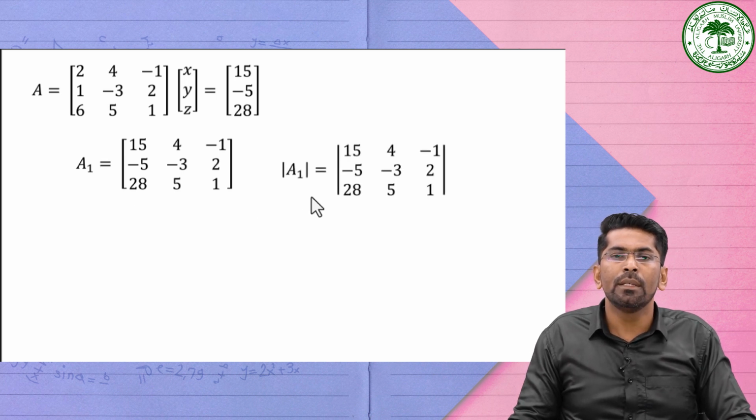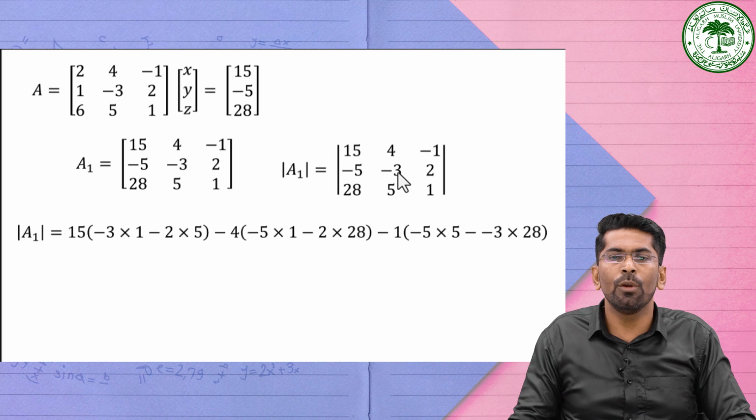So it will be, see, it is the first element, that is 15 into crossing the concerned row and column, then it is minus 3 into 1, minus 2 into 5. Then minus 4 into, concerned row and column will be cancelled out, then minus 1 into 5, minus 2 into 28. Minus 1 into, then first row and the third column will be cancelled out, then minus 5 into 5,